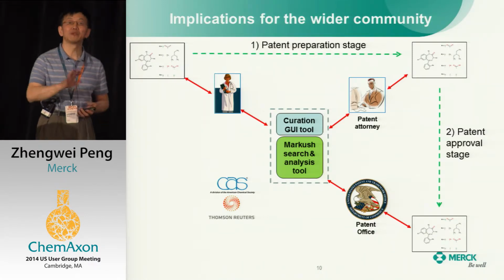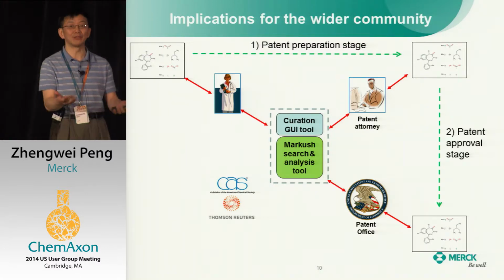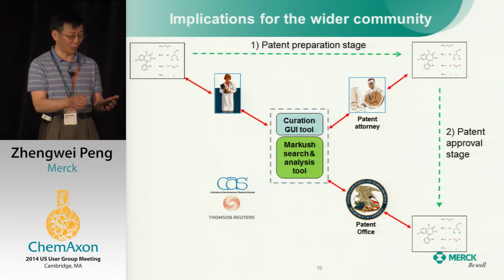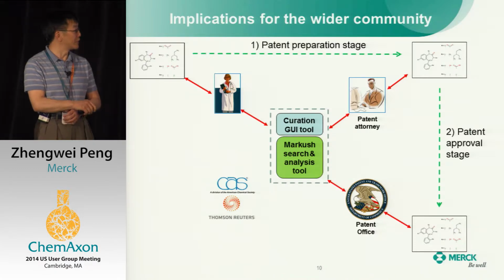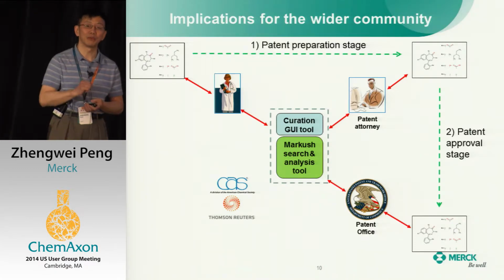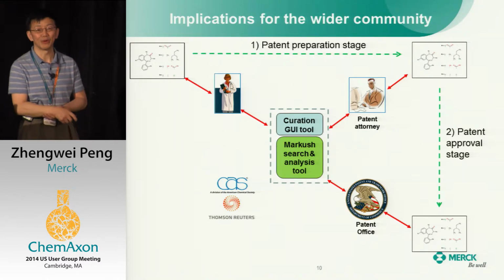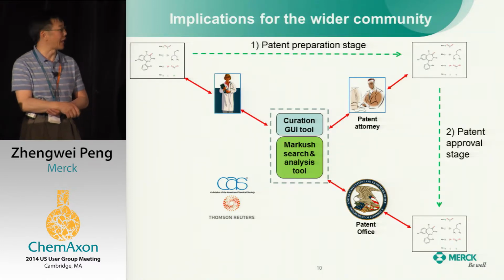Unfortunately, the patent office cannot push back. They don't have a way to say you claim too much. So with this sort of enabling technology, the patent office could push back, say, no, you claim too much. Why don't you be sensible? And then after that, push back, and we have a reasonable sort of claim.